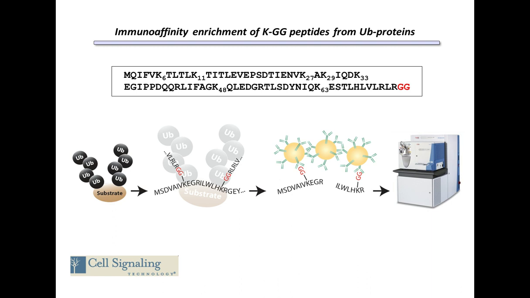structure. And at the position where ubiquitin is attached to the substrate, you can see this branch really begins with the C-terminal diglycine of the ubiquitin protein. Now, in our traditional workflows, we digest proteins with trypsin, which naturally cuts at the arginine at the -3 position, liberating this diglycine remnant. And it's this remnant that can be effectively captured using the antibodies that were developed at Cell Signaling Technology. In fact, this ability to enrich GG peptides really opens up the ubiquitin field to the kinds of mechanistic studies that are really important for us to understand its role in cellular processes.